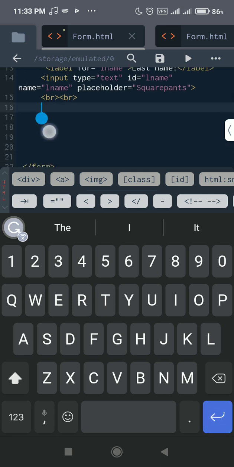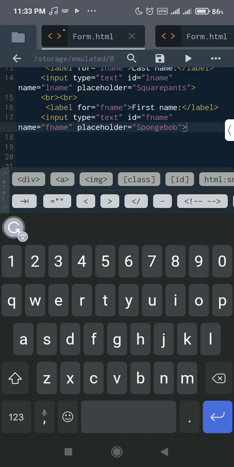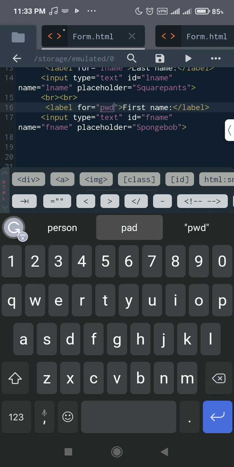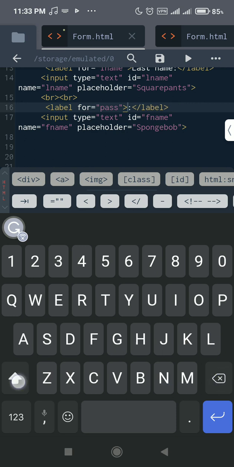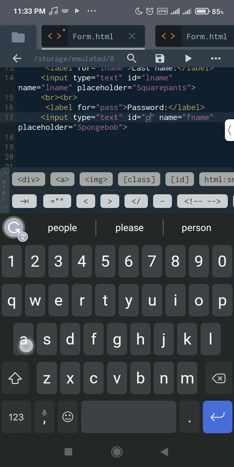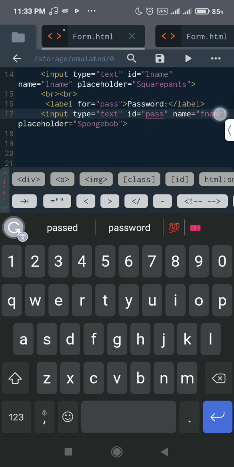So let's do the same for our password and email. We paste. For password, we can add pwd or just pass. Then this first name will be changed to password. Then this ID will be changed to pass, and the name will be changed to password or pass. Then the placeholder,